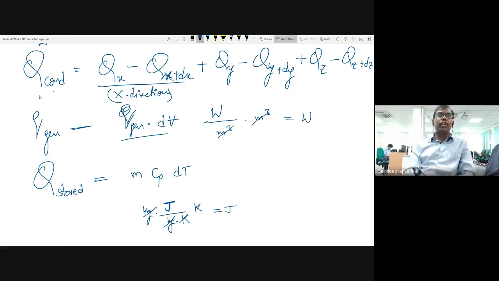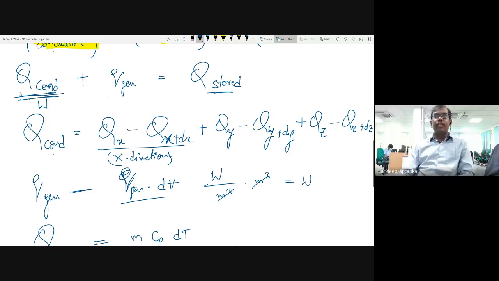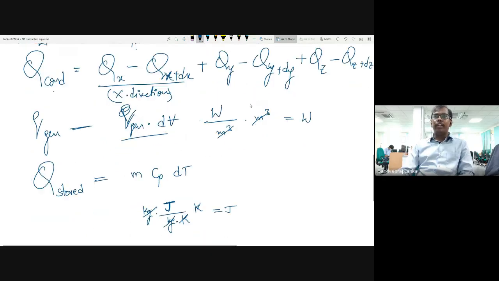But this Q is in watts. So on the other side of the equation, you should have the same unit. Here also the unit should be in watts. Here the unit is watt per meter cube, and here the unit is joule. So what you have to do is convert this watt per meter cube into watt and joule into watt. So how to convert this joule into watt? For converting that, what I'm doing is I'm taking it like